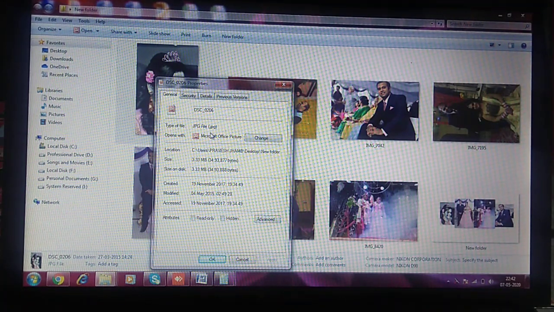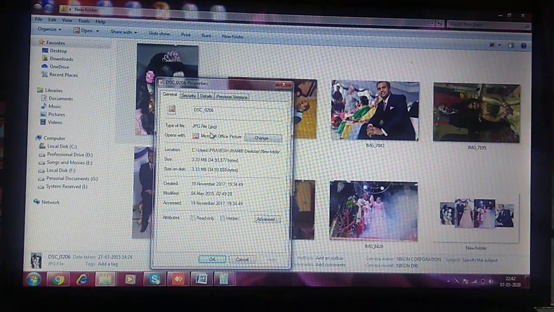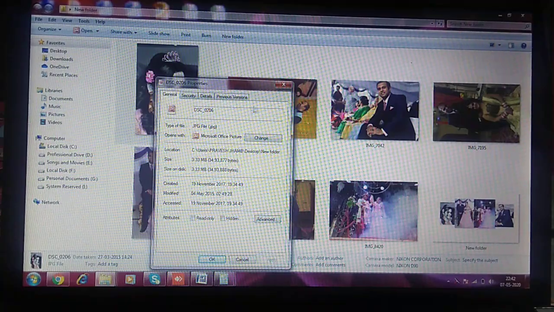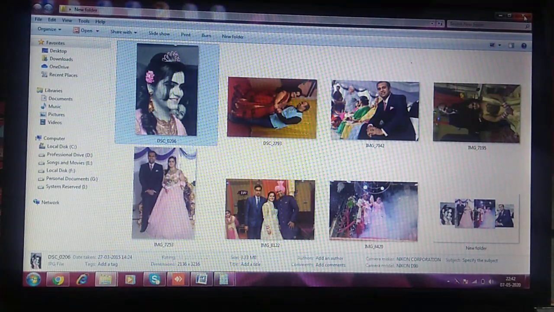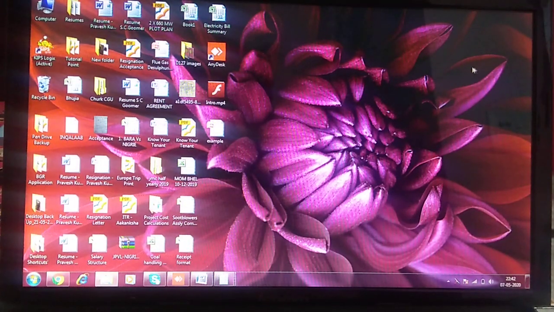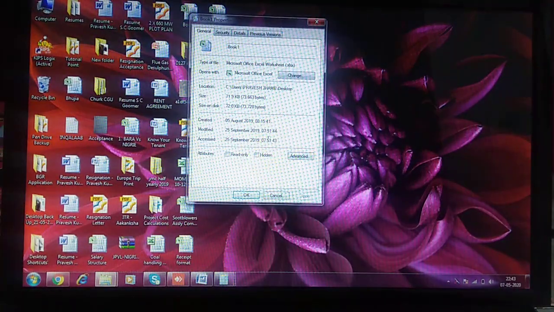Image files have various formats like jpg, gif, png, tif; these are the extensions for images. Now audio file, I don't think I have any audio file. I have an Excel sheet here, Book 1. In Properties we will check the file format. Now see here, the file format of Excel is .xlsx.